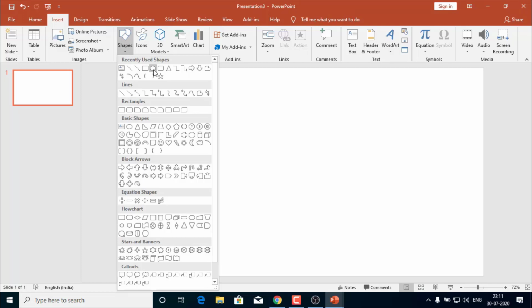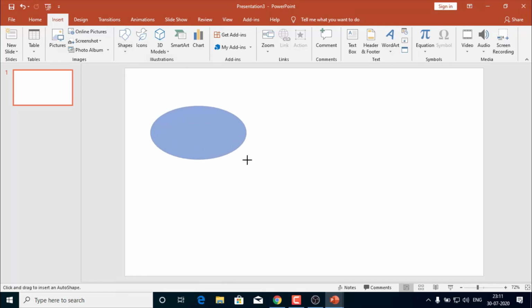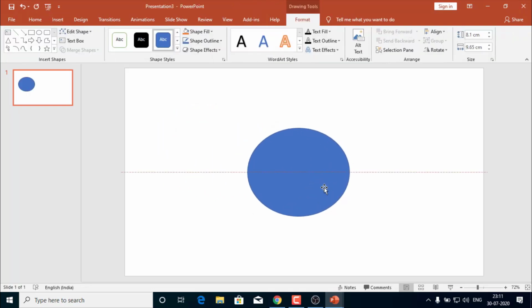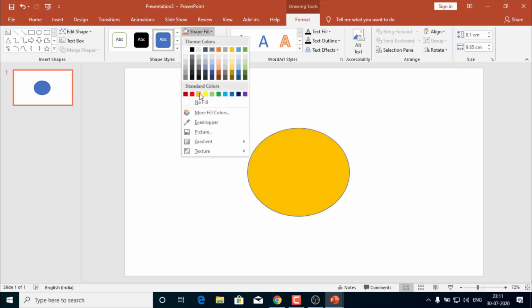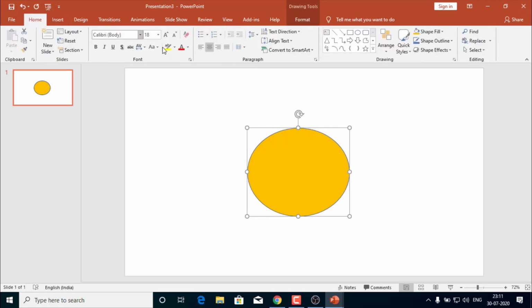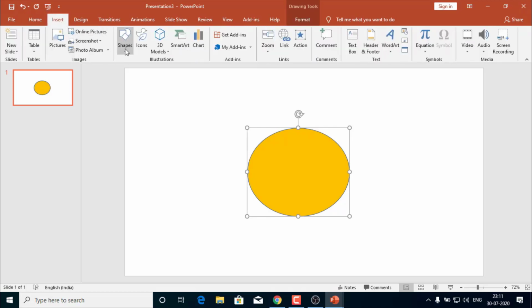From insert, I select an oval and draw the oval. To make it a smiley face, I change its color into a yellow one. Then I want to add eyes.